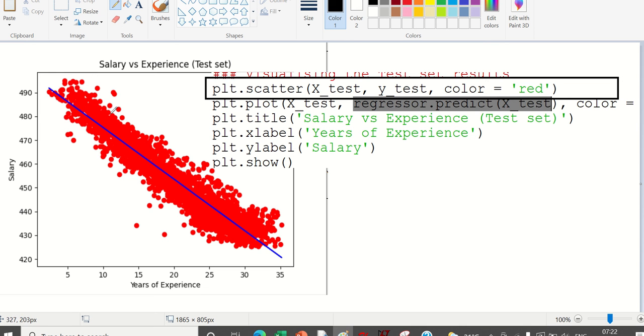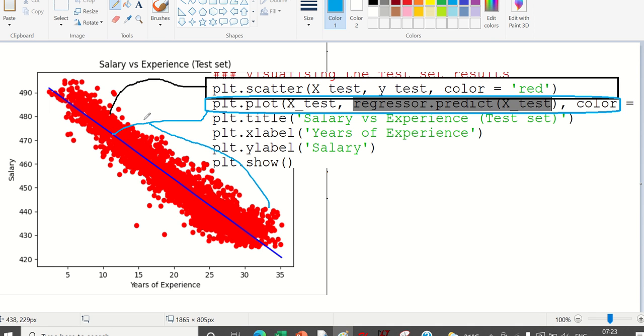That red thing is the scatter plot. Then the next, the blue box, that is your blue line. We can see almost this complete thing is falling inside a linear graph.